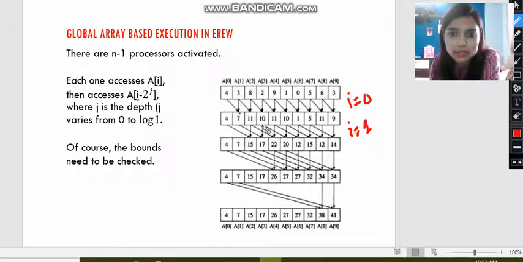Then a3 and a5, we will store the value at a5.